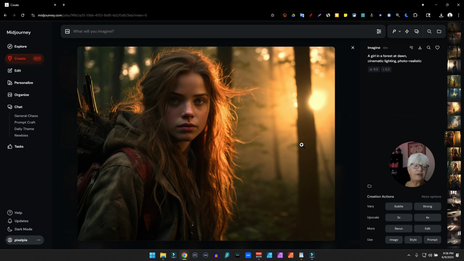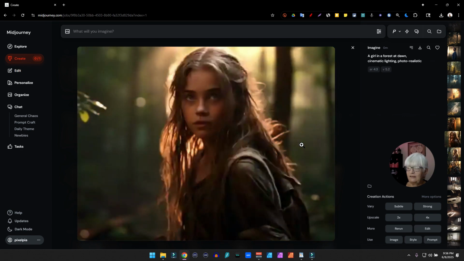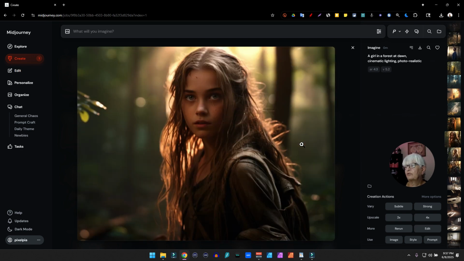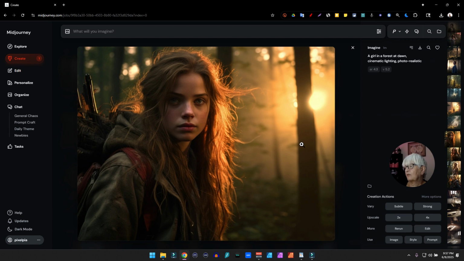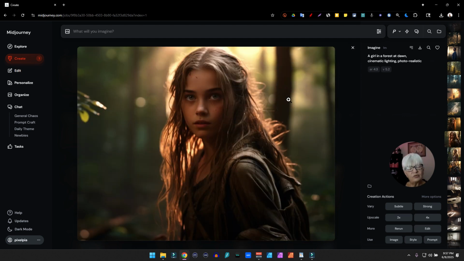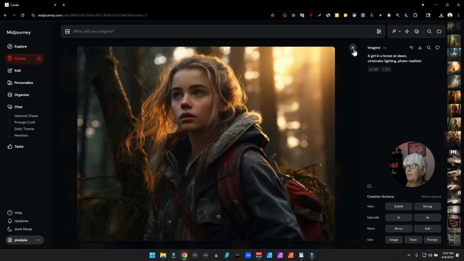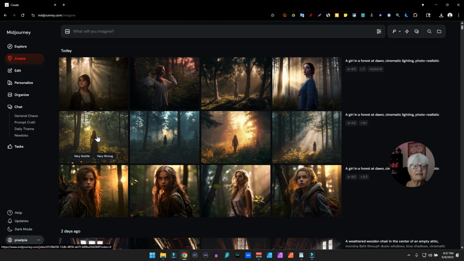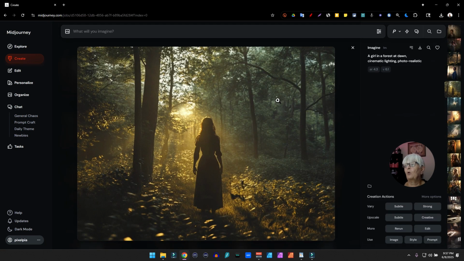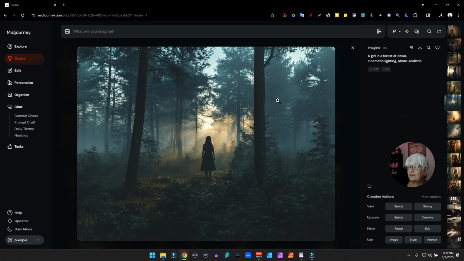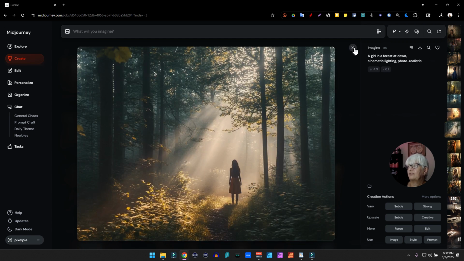5.2. They have a very painterly soft lighting, a rather dreamy mood in all of them, especially in this one. But the girl looks very much like an Instagram model, I would say. Even though she's different in all images, she still looks somewhat the same. So let's take a look at 6.1. Here we see a more varied interpretation of the prompt, and in none of them we see the girl's face. That's interesting. We just see her silhouette.